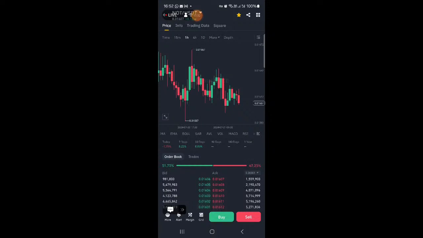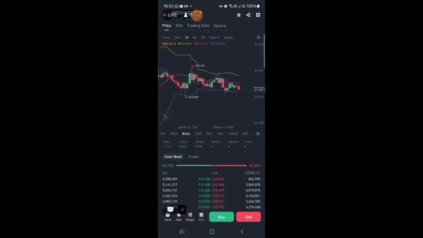If you are using an Android phone or the mobile version of this Binance application, the Bollinger bands is written as BOLL, that is the short form. You just tap on it, and here you have the Bollinger bands. The Bollinger band is made up of three different lines: the upper band, the median, that is the line at the middle, and the lower band. All these measure the moving averages of the price at different